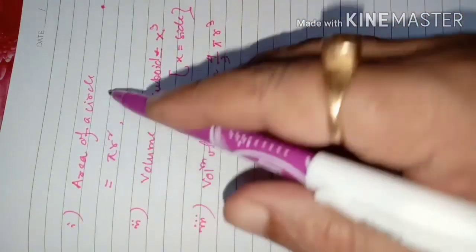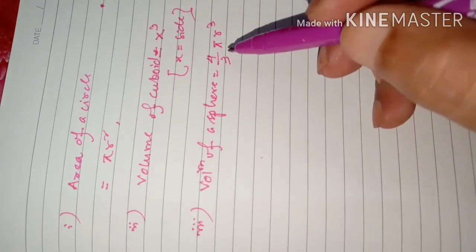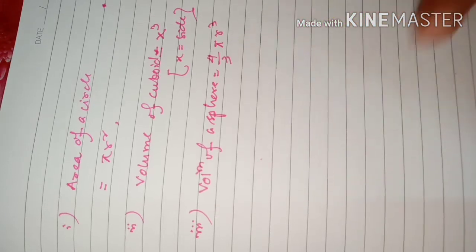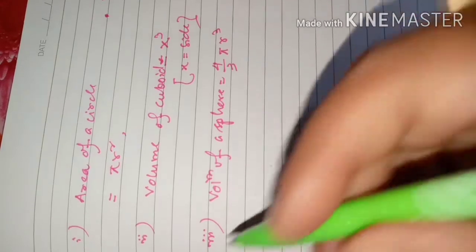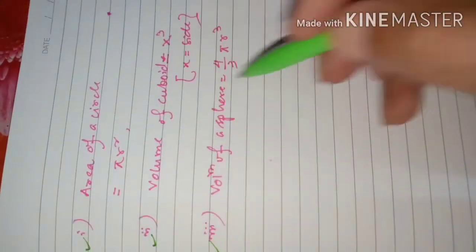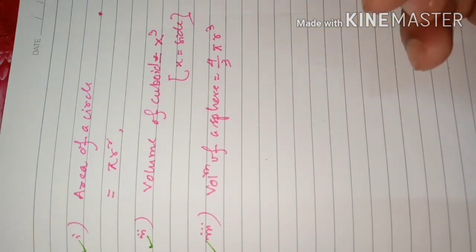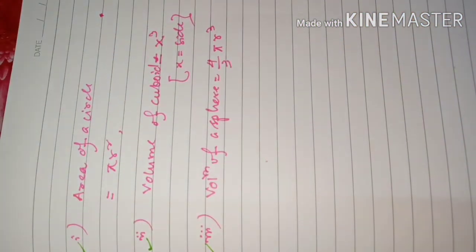Area of a circle, volume of a cuboid, volume of a sphere. All this basic formula what you have got in earlier classes, you need to recall them. As the situation arises, we will also recall some of the formula. Mostly used formulae are these. And the volume of a cylinder, that is pi r square h, you can include here.